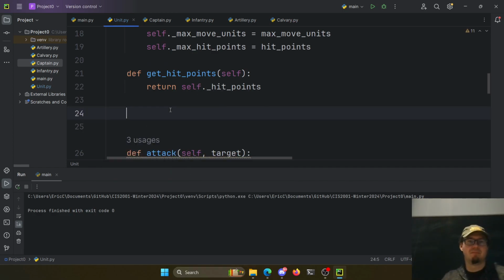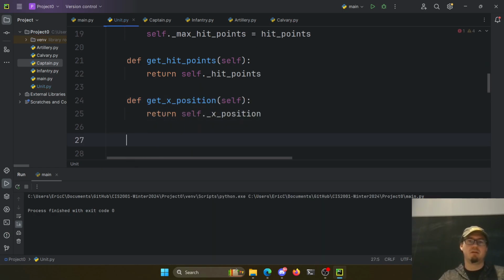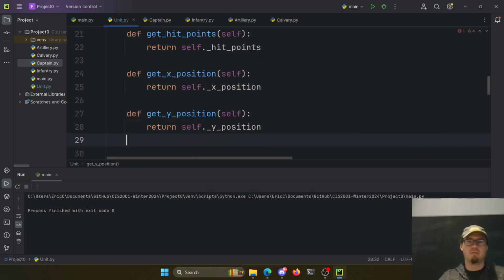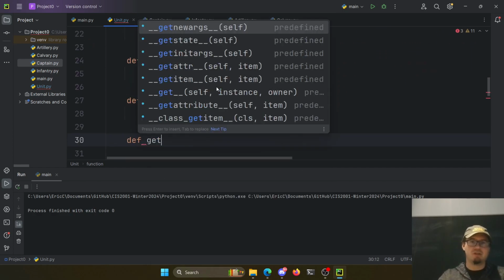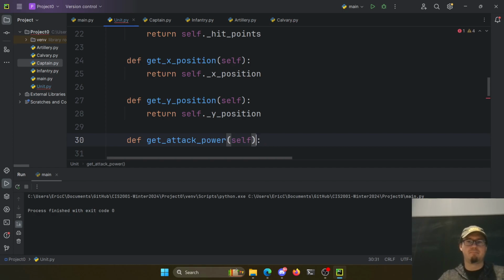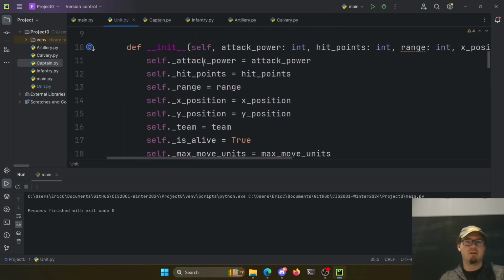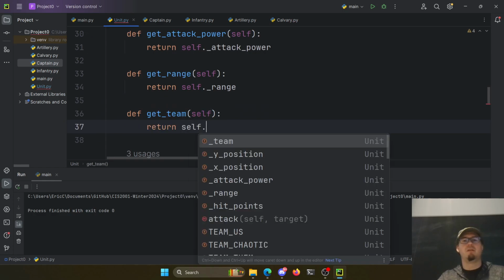That's obnoxious. Define get_x_position, return self.x_position; get_y_position, return self.y_position; define get_hit_points. We could do attack power and range: get_attack_power, return self.attack_power; define get_range, return self.range; then hit points, range, team, define get_team, return self.team,